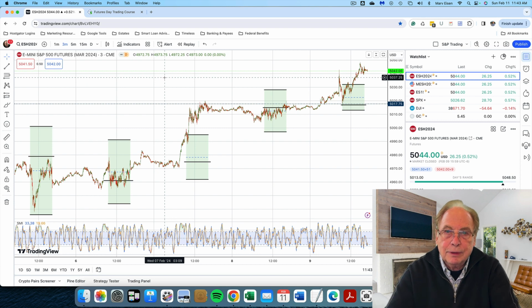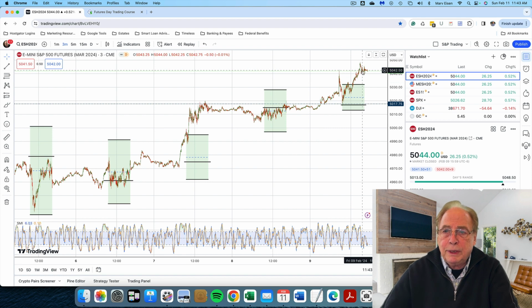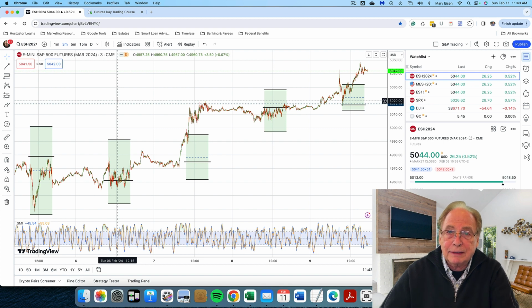Hello fellow traders. You're looking at my E-mini chart from Monday, February 5th to Friday, February 9th. On Monday, the market started out at around 40.70, closed out the week at 50.40, about a 70-point gain for the week. And I want to call your attention to the fact that when I trade and when I teach